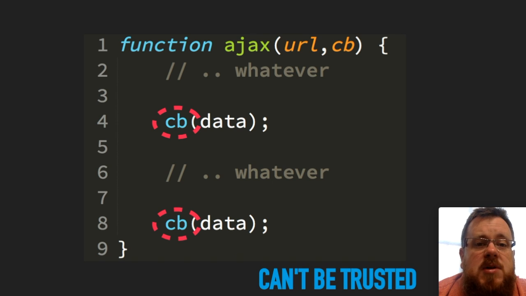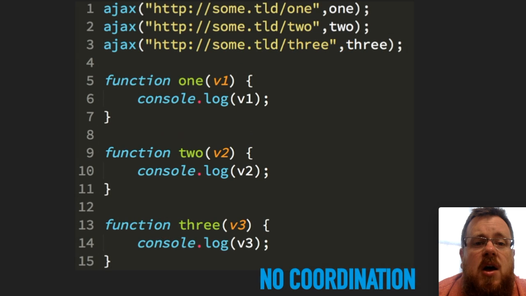But there's more to it than that, because if we stop thinking about it as a sequential series of steps and more consider it as a concurrent set of steps, meaning AJAX calls that could happen at the same time. Here's an example. I'm going to make 3 different AJAX calls, and I want them to go out concurrently, meaning I don't need to wait for the response from 1 before I make the call to 2, and vice versa, also for 3. So I want to make these calls independently. And this is very common in our web applications. If you load up 2 different web components or 2 different style sheets or 2 different JavaScript files that are entirely independent of each other, then there's no reason whatsoever that you need to express any temporal dependency.